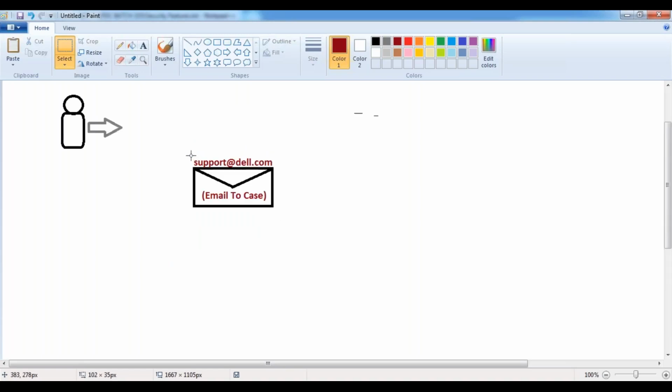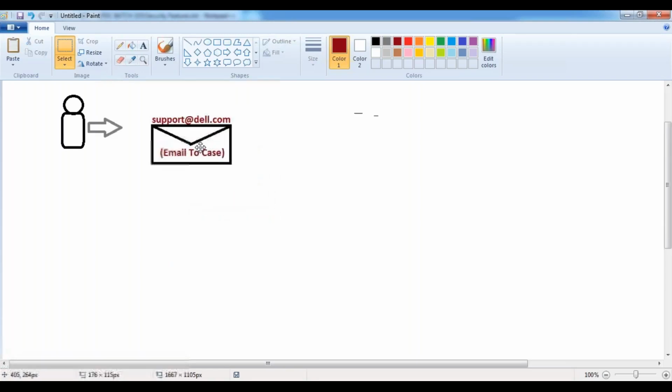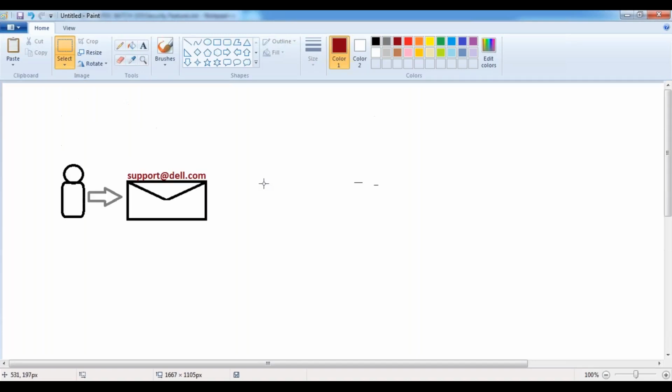Now, in this case, the customer is going to prepare one email notification. We will prepare an email notification by using any email application. It may be Gmail, Yahoo Mail, Rediff Mail, your company's official mail, whatever, anything. By preparing one email notification, we can send this email notification to the